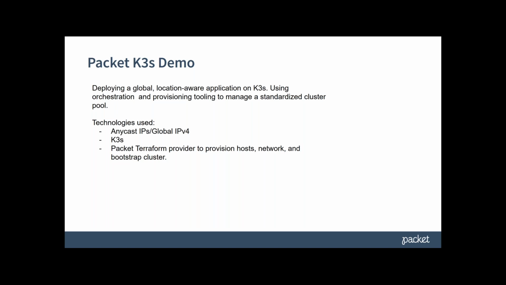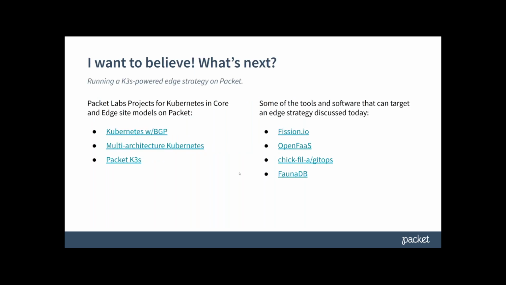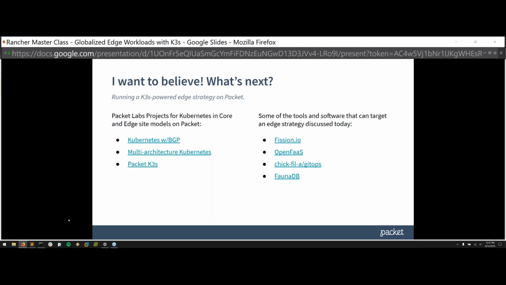So in our example, we're going to deploy an application that just returns the IP address of the node that is responding to the request. So you'll see that when we hit the anycast IP address, it will route to whichever one is the closest approximation of the nearest backend. So let me go ahead and